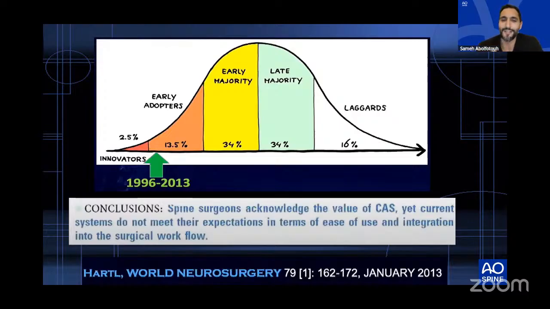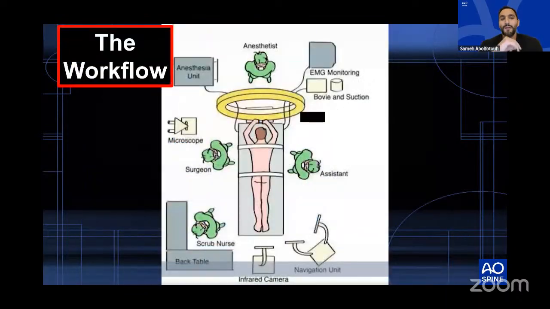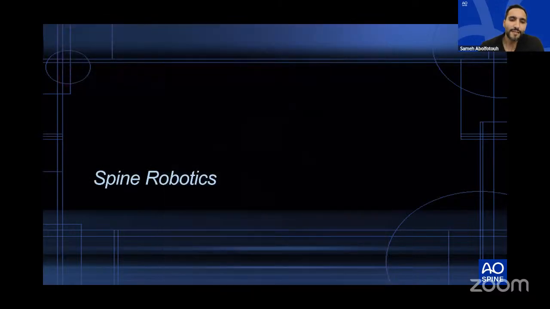He mentioned earlier that I can be done with the surgery by the time they get the navigation set up in the OR. And I 100% agree with him, because our ORs are becoming very busy nowadays. You can see the anesthesia machine, the microscope, and the CT at the upper head of the patient. It's becoming really, really busy. And let's face it, not every single OR in our region can accommodate all of that in a single OR. So let me switch gears and talk about spine robotics.